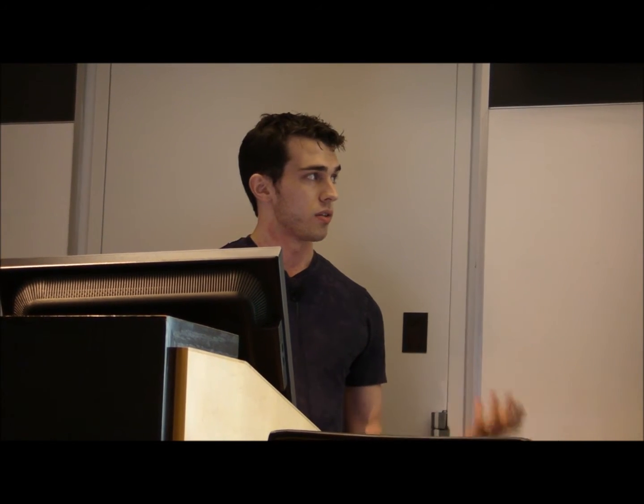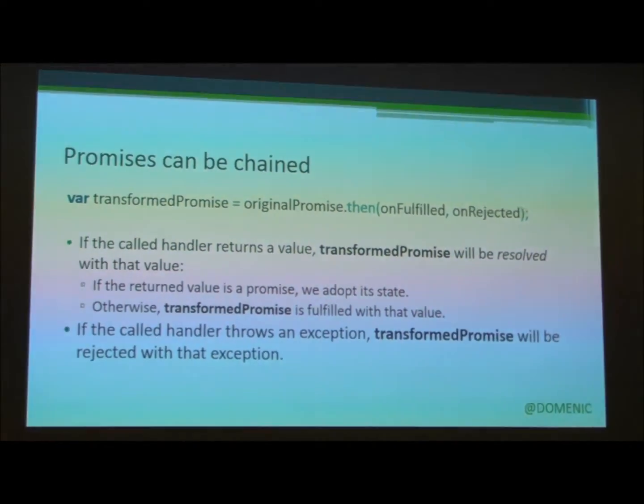So we've got a lot of consistency and guarantee gains already. Kind of the final piece of the promises foundation is that you can chain them together. So you have an original promise, right, and you queue up these reactions to its values, the onFulfilled and the onRejected, right? Just like that's the basic thing we did back here.